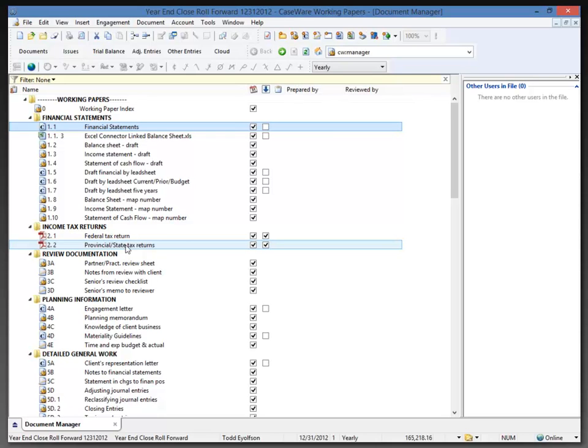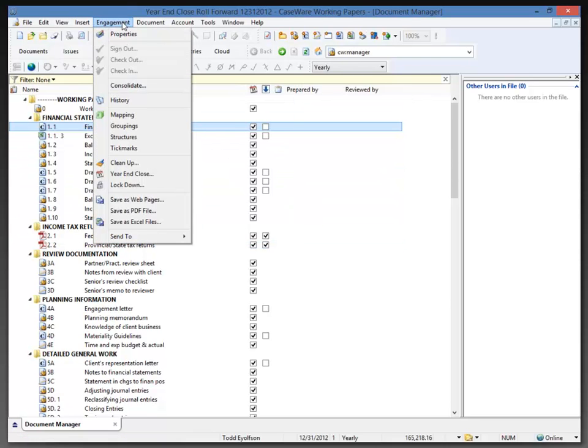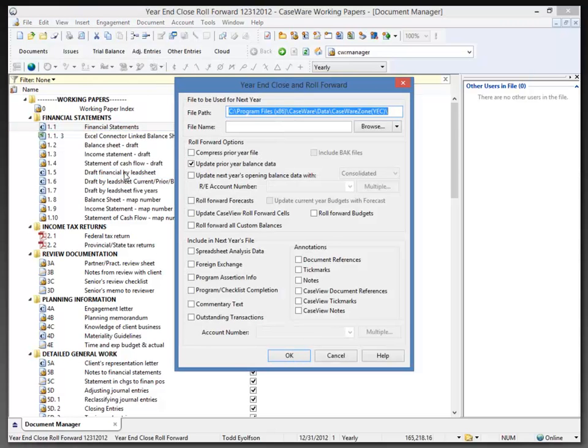At this point, I've addressed the items that I want to see in the various properties and settings. It's time to perform a year-end close roll forward on this file. So we would then go to the engagement menu and select year-end close. This opens up the year-end close dialog, and this command is used to perform a year-end close on the file